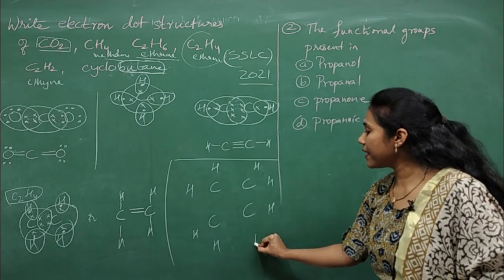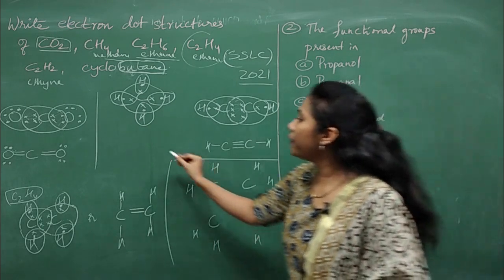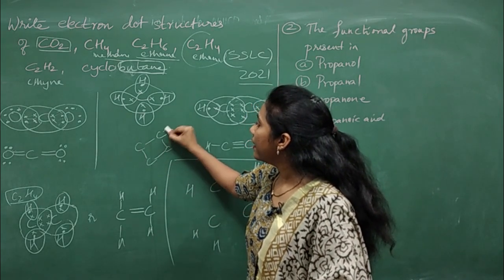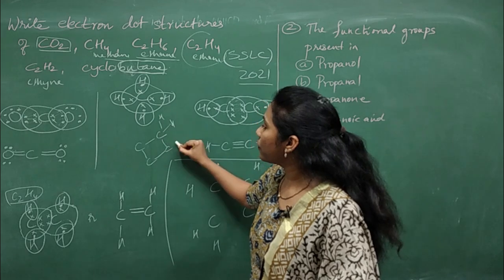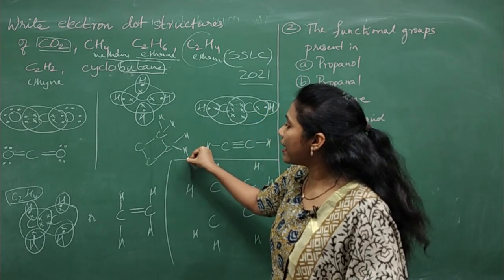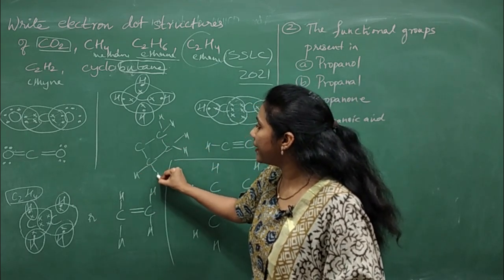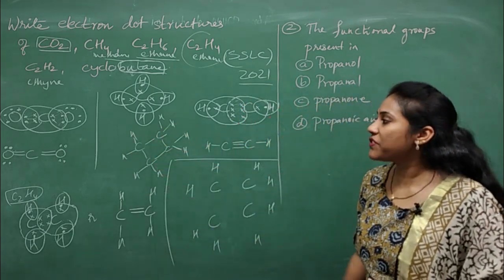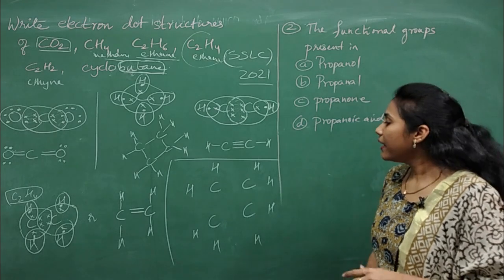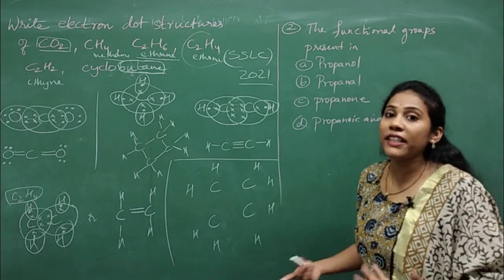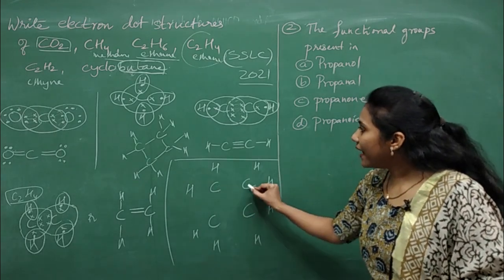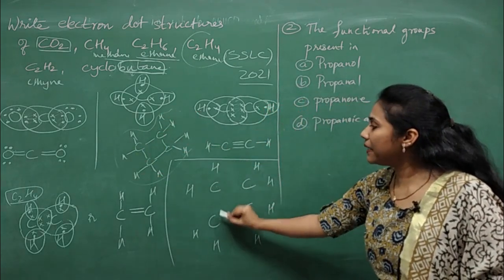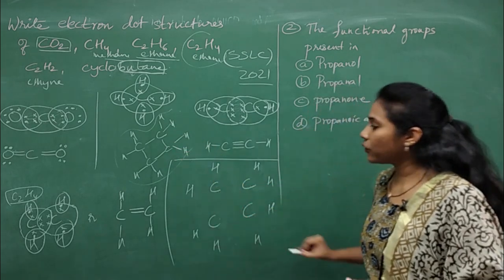First hydrogen, second hydrogen. Actually, if it is the structure, I have to write C, C, C. Here one hydrogen, here one hydrogen. This carbon has one hydrogen, this carbon has another hydrogen. Even this carbon has 2 hydrogen. This is the actual structure of cyclobutane. Now you have to show the dot structure, right? So I have arranged the 4 carbon atoms and all these hydrogen atoms like its structure.